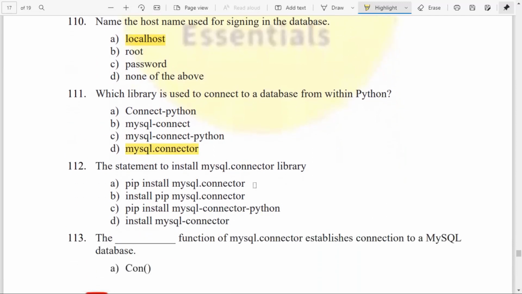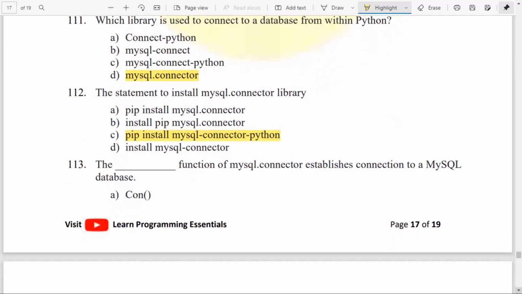The statement to install the MySQL.connector library is pip install mysql-connector-python. So for installing MySQL connector, you are using this statement: pip install mysql-connector-python.